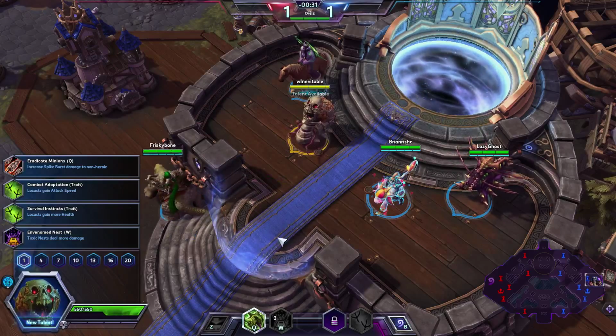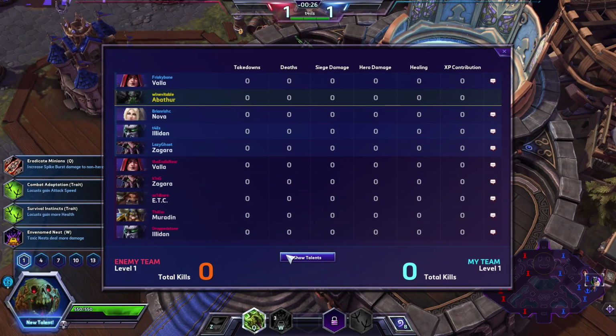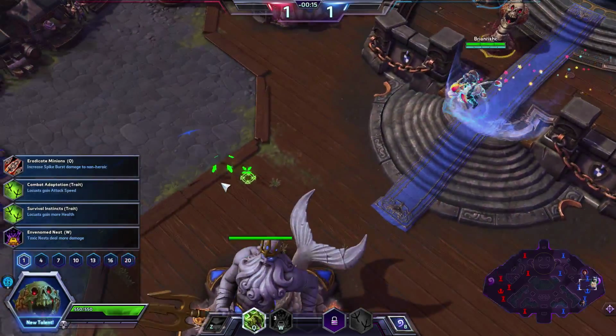We are on Blackheart's Bay, and let's take a look at the team comps. We have a Nova, Illidan, Zagara, and a Vala against an ETC, Zagara, Vala, Muradin, and an Illidan. So I'm going to go ahead and go with the Locust, the survival instincts on this one. I mean, they have a couple squishy heroes, but...